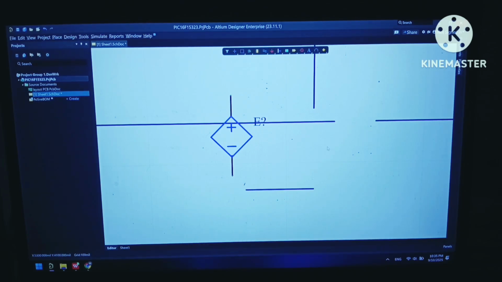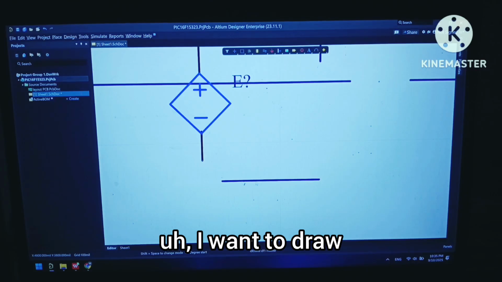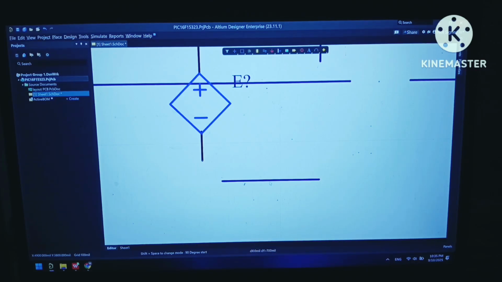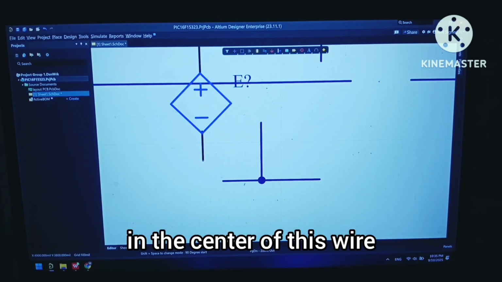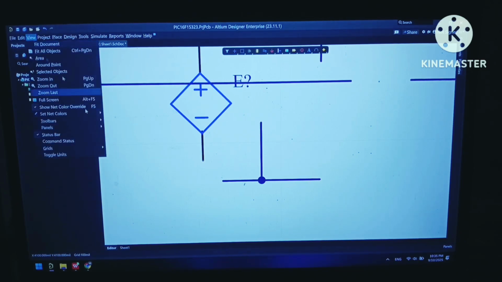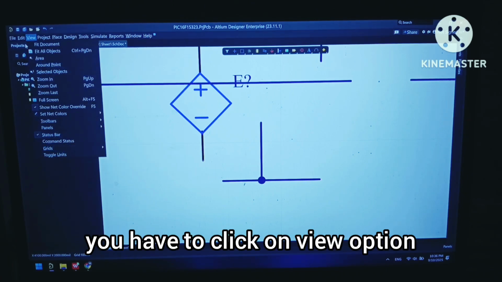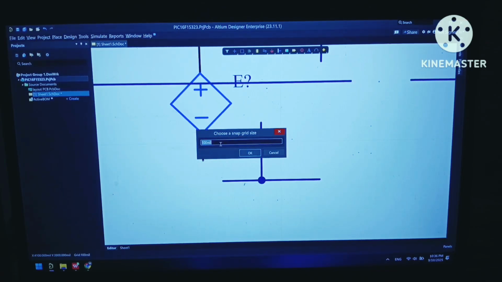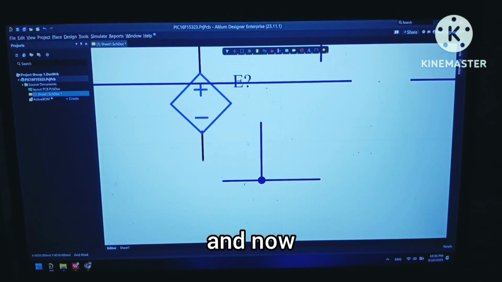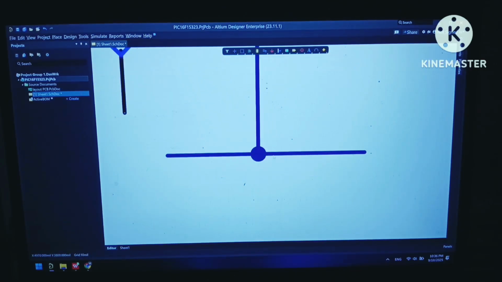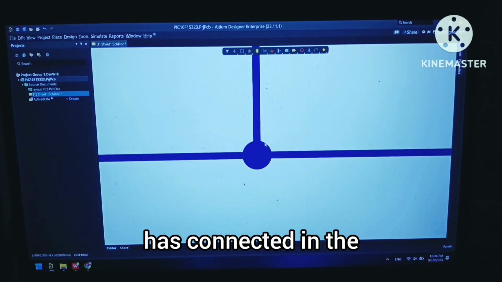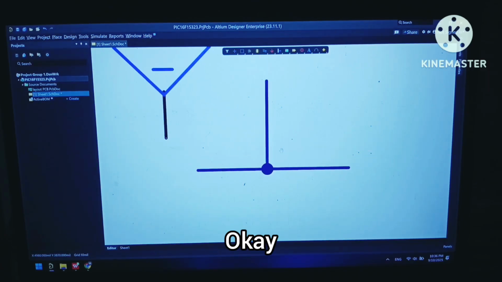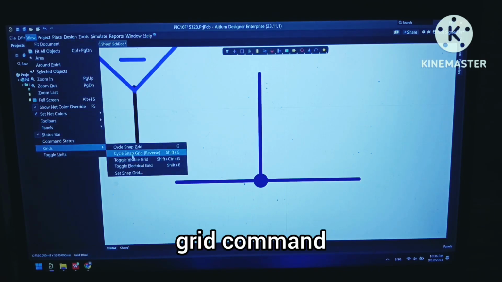I will draw a wire, and now I want to draw a wire from the center of it, but you can see the wire is not drawing in the center. So we have to set our grids. You have to click on the view option, then grids, and then set snap grid. I will set it to 10 mil. And now our wire has connected in the middle of this wire. So this is our grid command.